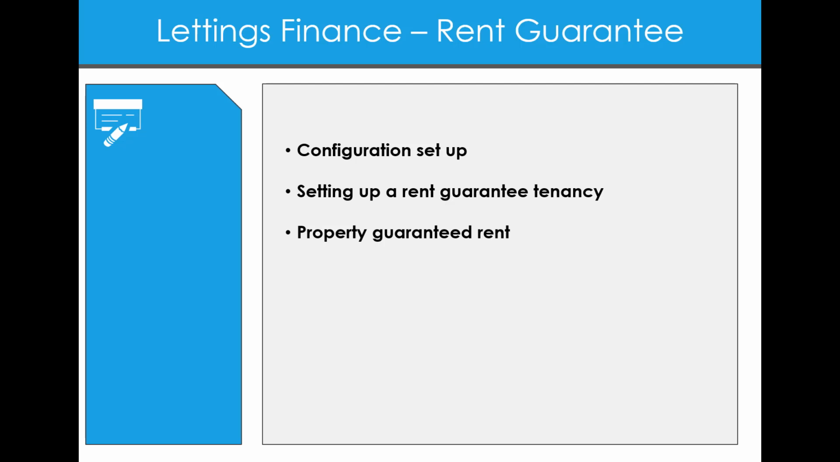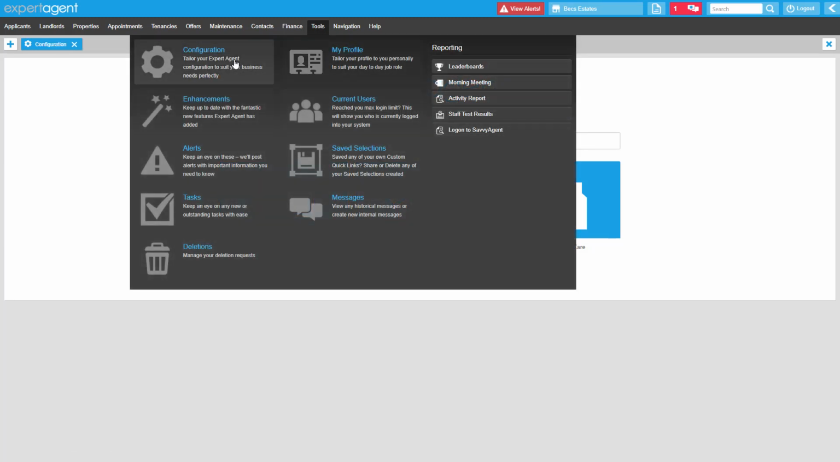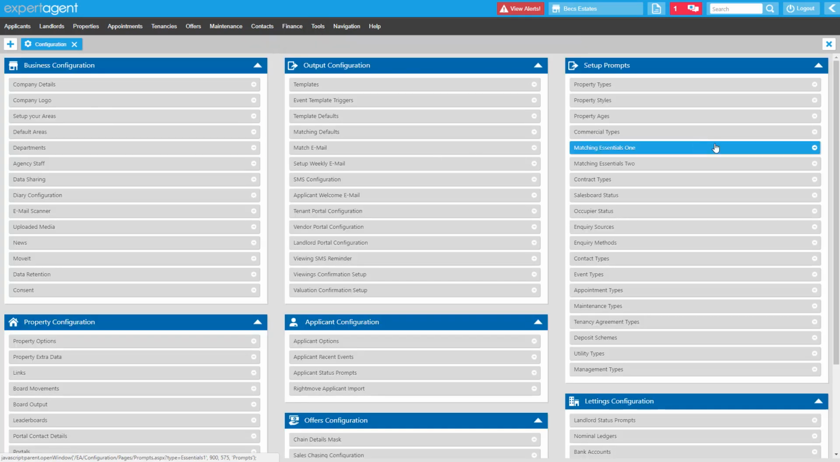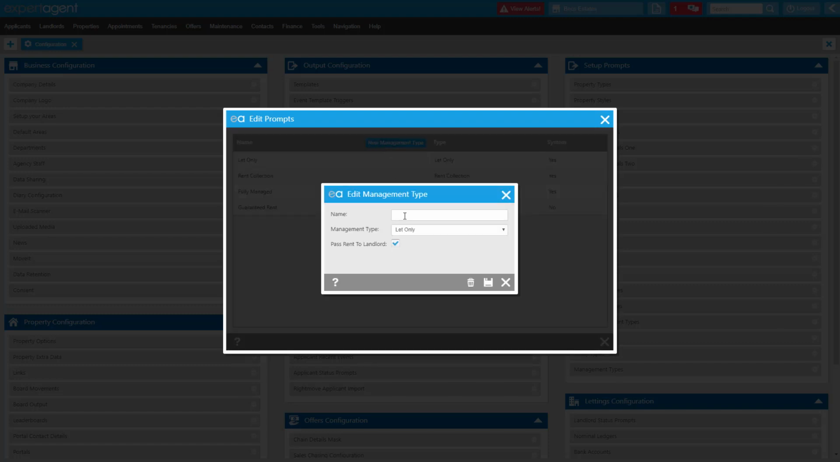So if we jump over into Expert Agent to start with, we'll have a look at that configuration. Via your top tools menu, we'll go into configuration, and we'll go into setup prompts on the right hand side, and we'll look at management types, the bottom one in that section. What you'll need to do before you do anything is ensure that you've got a guaranteed rent management type set up. If you don't have one, you're going to click New Management Type,